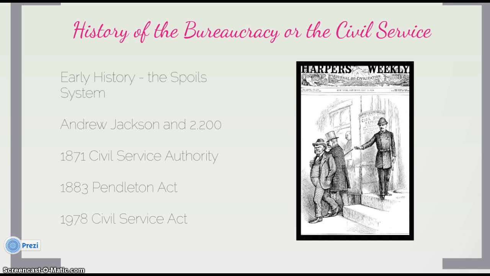So what's happened over time is the U.S. government has gotten larger, and we know that it's grown very large to 2.8 million people. The jobs that the U.S. government does have expanded as society, as the economy, as the world has changed and become more complex and fast-moving with lots of parts, from finance to education to environment to, you name it, defense. As the federal government grew in size and in complexity, so too did the bureaucracy. And so the idea was to attract the best people to the job.